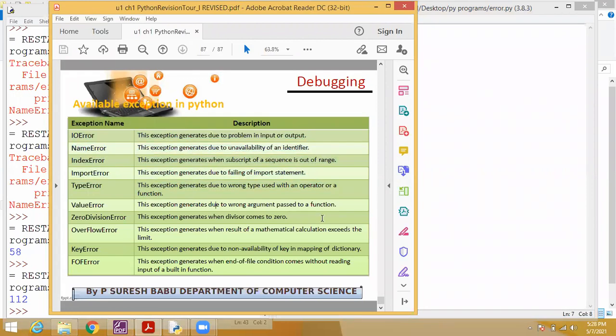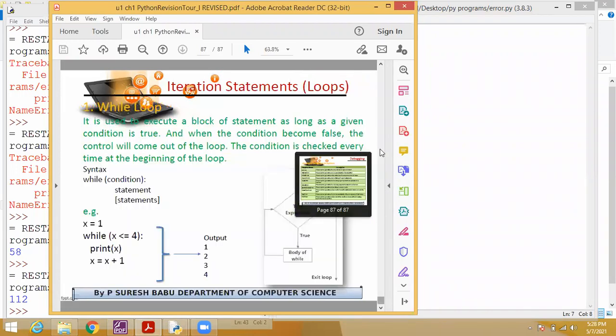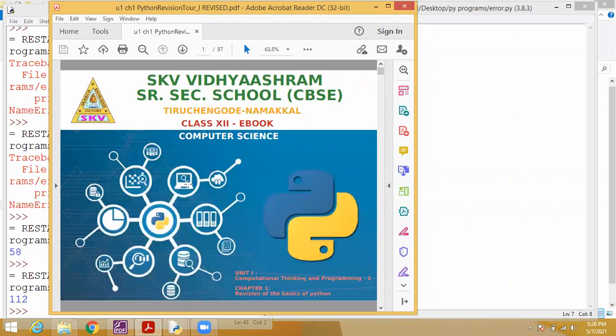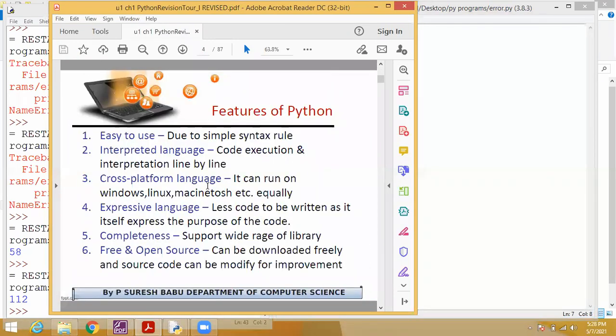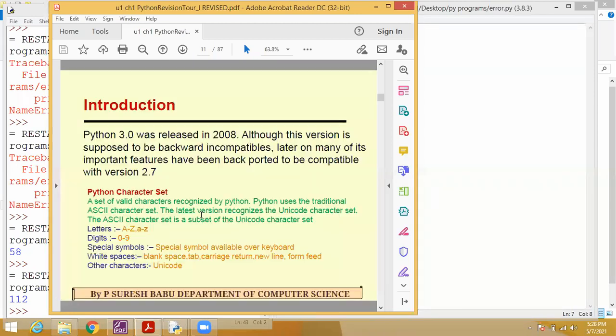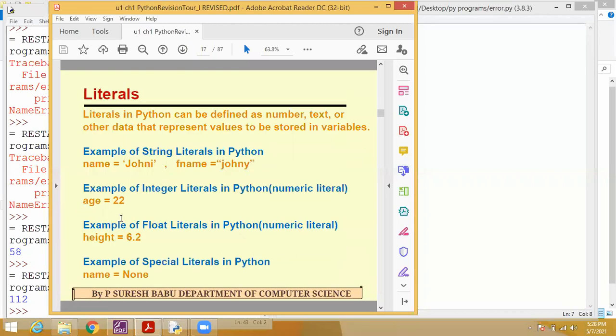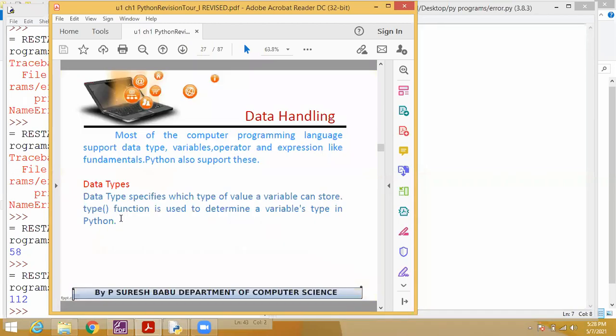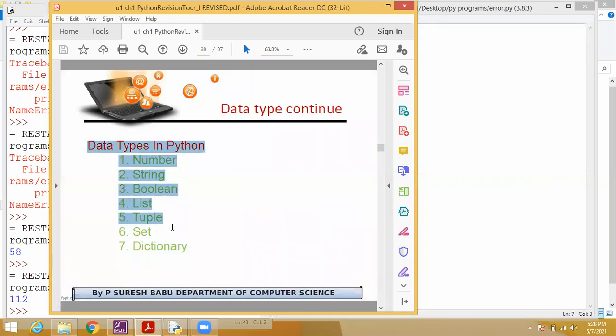From the starting, students, see this entire chapter. I think I shared this material with you in the group, right? Yes, sir. So from the starting, that is introduction of Python, then tokens, the second topic. Third one is data handling, that is data types.